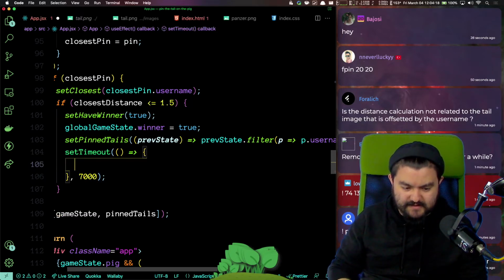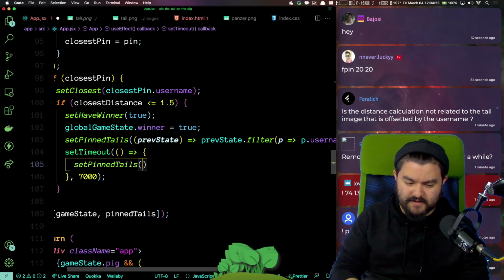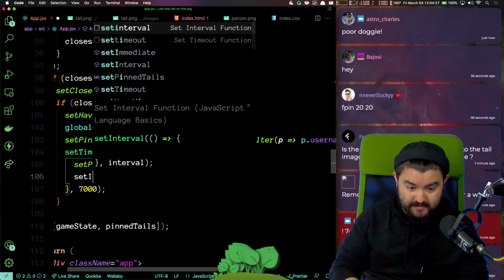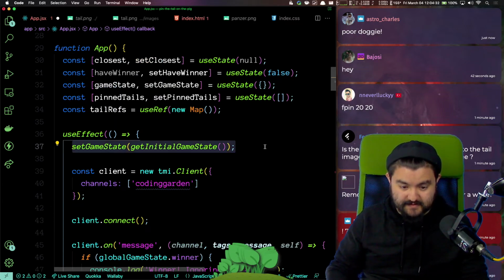So in 7 seconds, we are going to set pintails to be none, and we're going to set the initial game state like this.